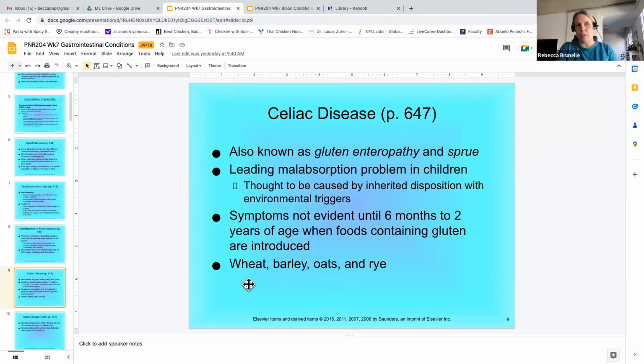So all of these things here, wheat, barley, oats, and rye, they contain gluten. So patients who have celiac disease can't eat these. What is something you think they could eat that would maybe substitute these things? Fruits and vegetables. They can eat fruits and vegetables, they can eat meat, they can eat rice. So a lot of times people that have celiac disease will eat more rice than other people because it's kind of sticky. You can put it with fruits and vegetables, meats.